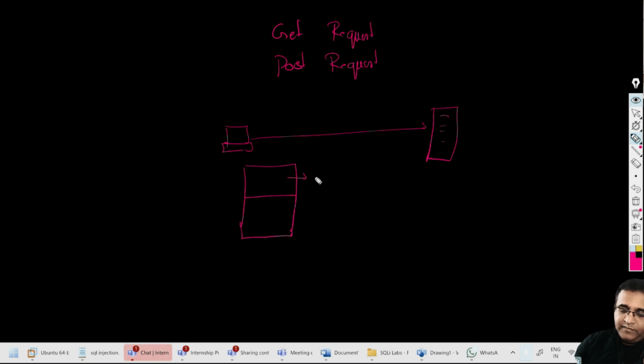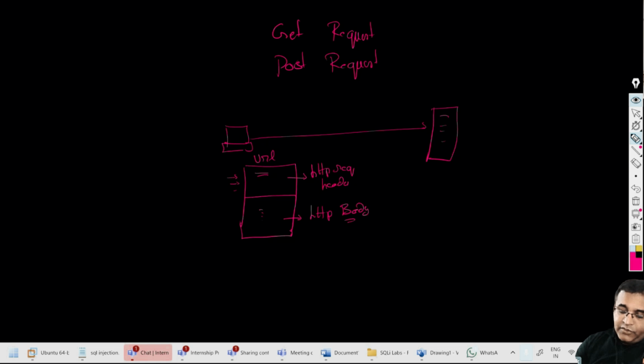One is the HTTP request header, and the other is the HTTP body, where the data is actually being sent. The header has information such as your browser version, the host I'm trying to connect to, and the URL. The body is where your data goes, for instance a username and password.